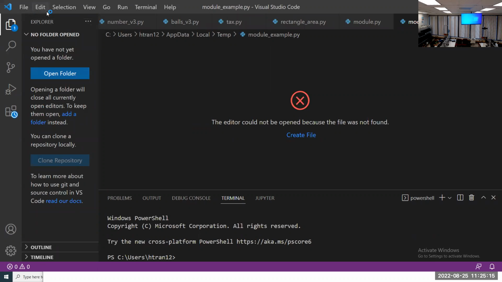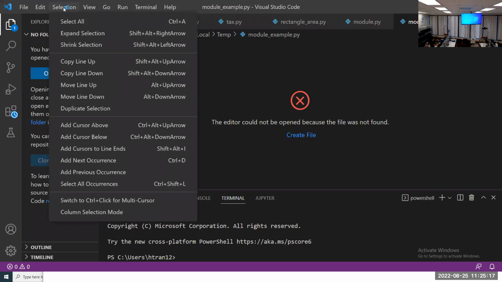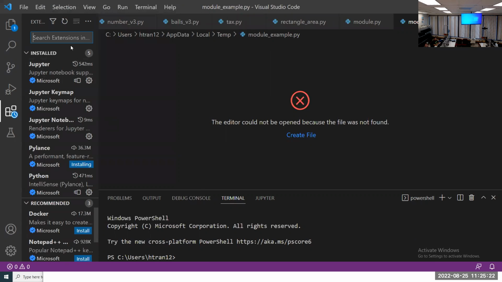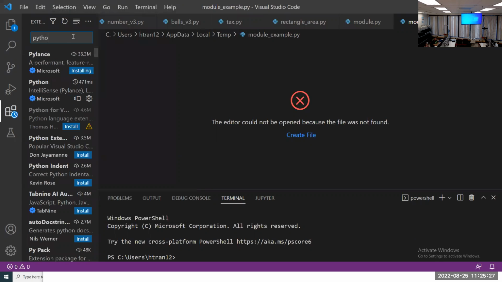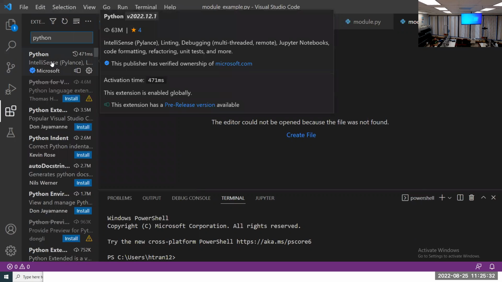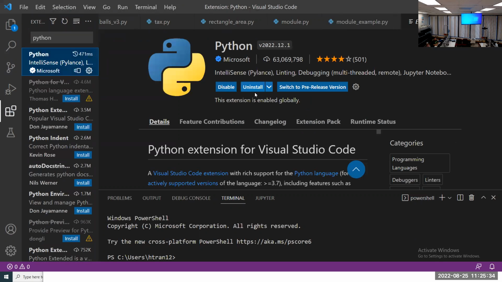Okay, and in Visual Studio Code, remember one thing here. You have to go to the extensions and type in Python. This one is the Python extension, and you click on it. Remember you have to install the Python extension in order to work with Visual Studio Code. I already installed it on my computer, and I believe every computer here already has it installed, so you do not have to install the extension. But if you want to do it at home with your own computer,